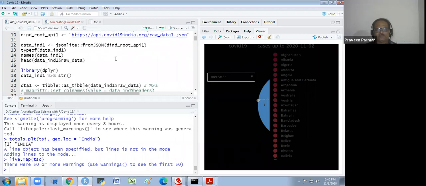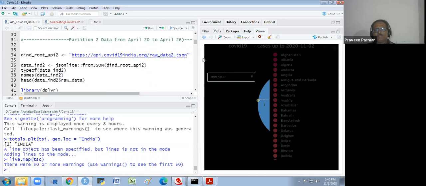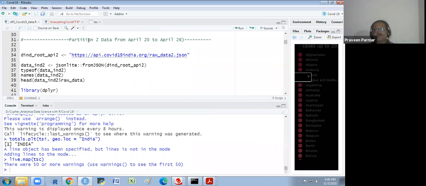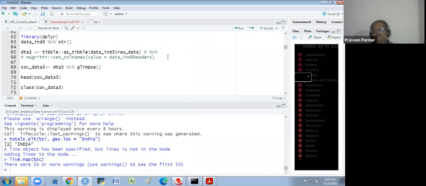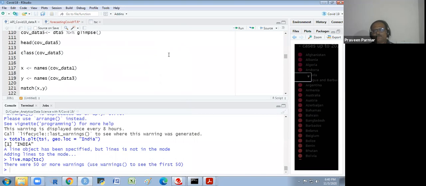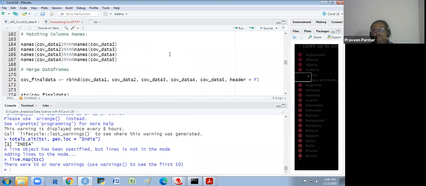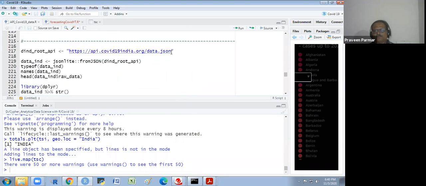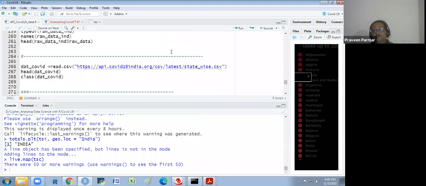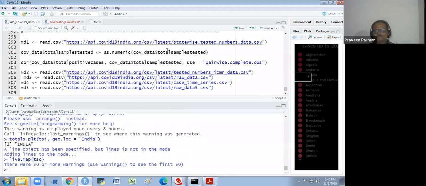We have attached them. There are various APIs in the JSON format. This is the partition 2 data from April 20 to 26, and in this way we have different ones, and then we have worked on it and attached it over there.